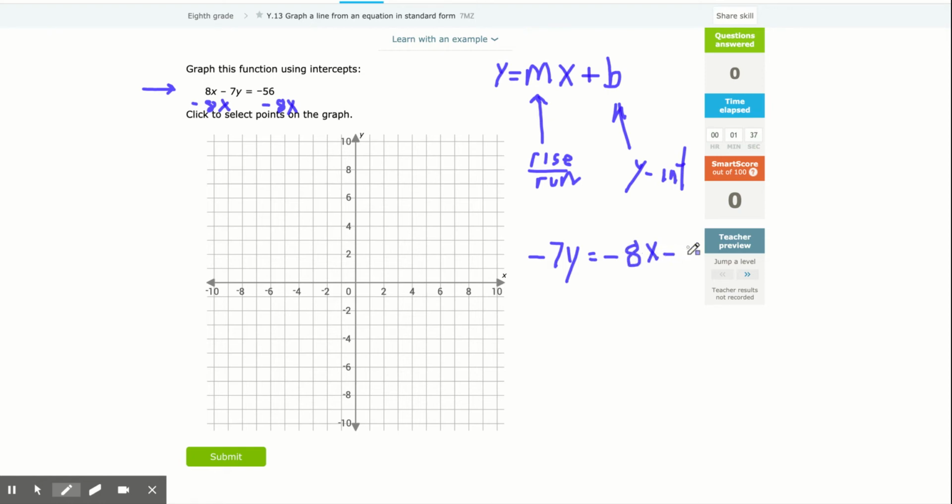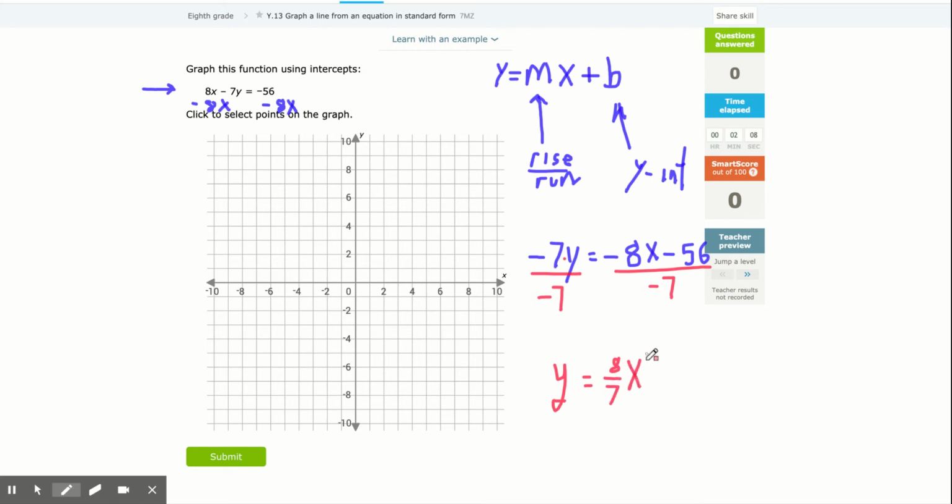minus the 56. Now what we need to do is get rid of that negative 7 that I'm multiplying into the y here. So if I'm multiplying it, the way I undo it is I divide by negative 7, divide by negative 7. That's going to leave just the y on the left side, which is what we want. Now just remember to divide both terms. A negative 8 divided by negative 7 will be a positive 8 over 7, and that fraction doesn't reduce, times